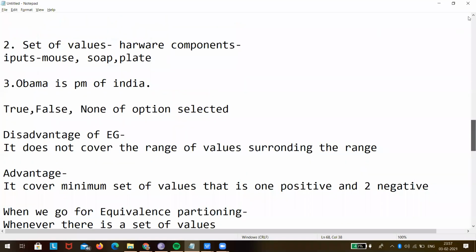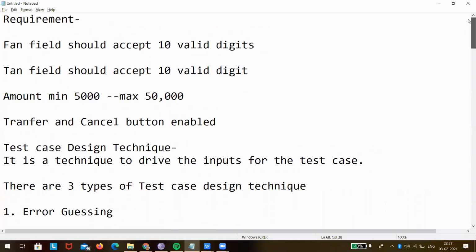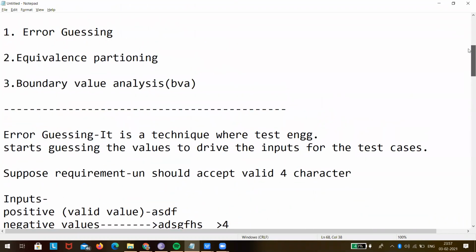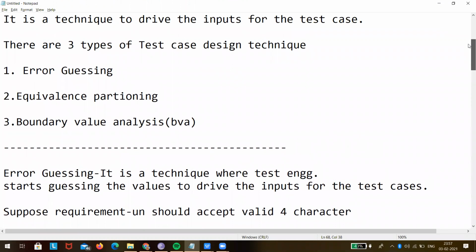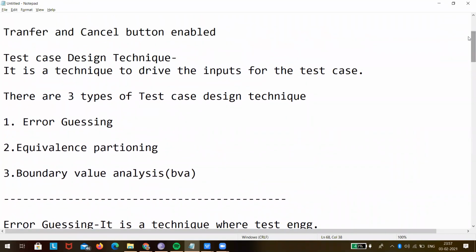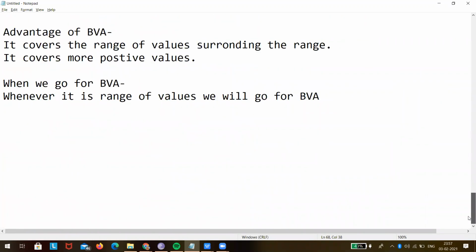So these are generally the test case design techniques that we follow: error guessing, equivalence partitioning, and boundary value analysis. We generally call it the pervasive method, and there is something called the general practice method. So in an interview, you just tell these are the methods: equivalence partitioning, error guessing, and